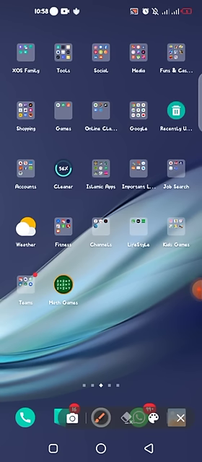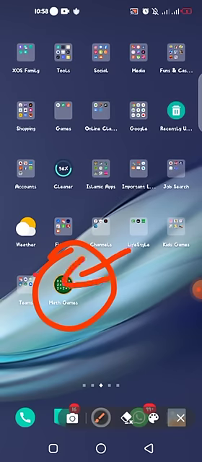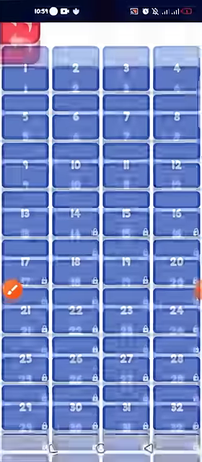First of all, you have to download this maths game from the internet, from your app store. If you are using an Android phone, you go to the Play Store, and if you're using an Apple phone, you go to the Apple Store. There are many other maths games over there, but keep in mind this green icon, this image in your mind, and then download the game. It's very interesting. Simply open this game.